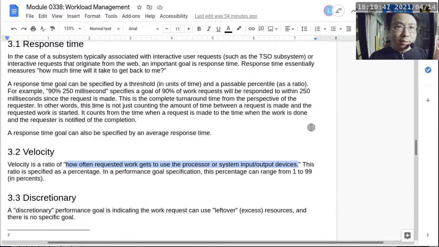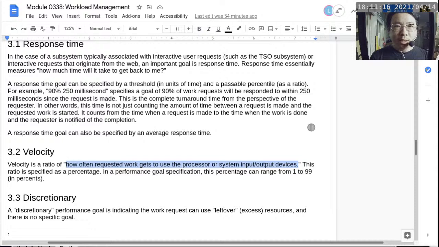Because it is entirely possible that it has to wait for something. So by doing this kind of sampling and basically separating the category of yes, you're actually doing some work, or no, you're waiting for some resources and therefore you're just idling because you cannot get work done. So by looking at those numbers, we can figure out how often, as a percentage, that particular task is actually